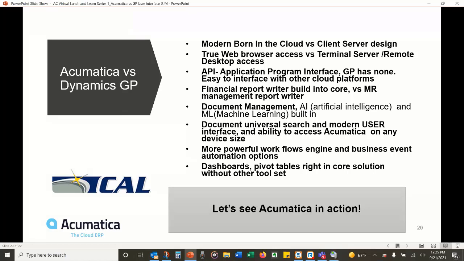Acumatica has an API, application programmer interface. GP has none. GP has a thing called eConnect. eConnect is not an API. So when you talk to other systems or you need interfaces done, an API is always going to make it